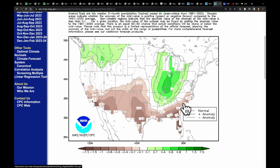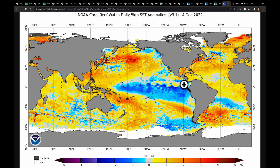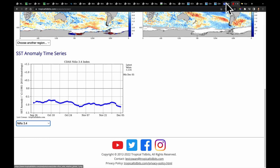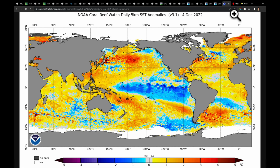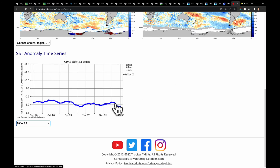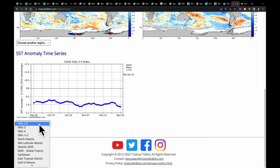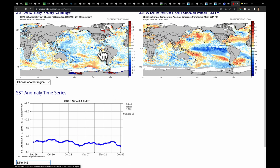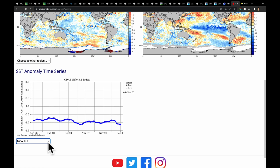Now, so much of my long-range forecast is predicated on this La Nina fading. And right now, you could say that it's not. I mean, if you look at the ocean temperatures right here in the middle part of the Pacific Ocean, they're still pretty steady at this point. Where we're beginning to see a fade is already happening right up next to the coast of South America, right in through here. If I can get this to change over,